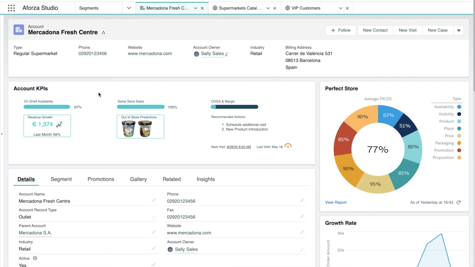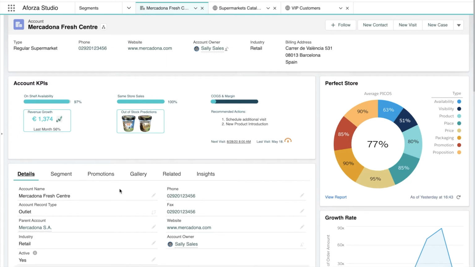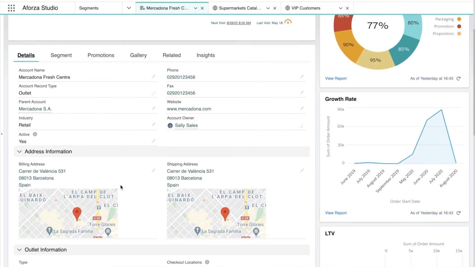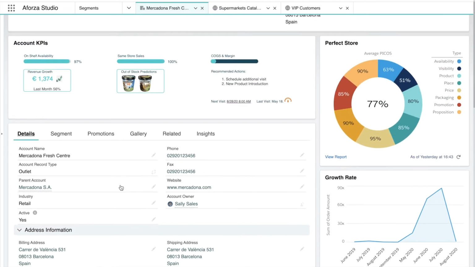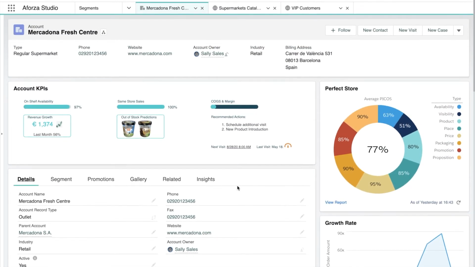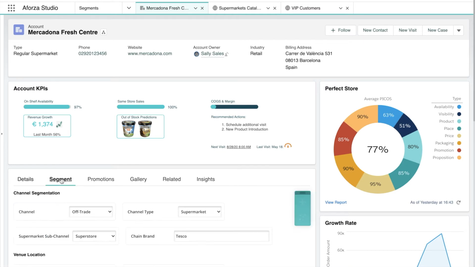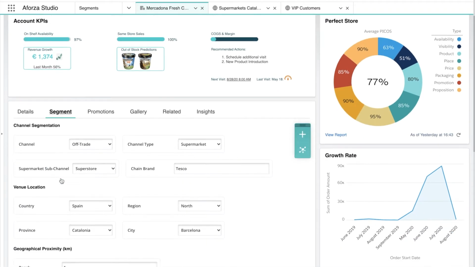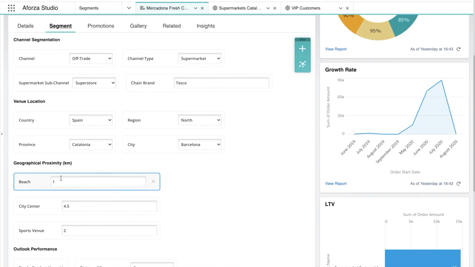Now let's see this in action. I'm logged into the Aforza online system and reviewing one of my accounts. I have a full 360-degree view of all the information that is recorded of this customer, including some visualized KPIs. For this scenario, we'll focus on the segmentation capabilities. So here I can see all the attributes that have been assigned to this account, either manually or driven automatically